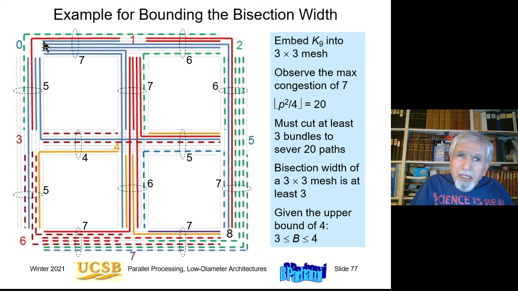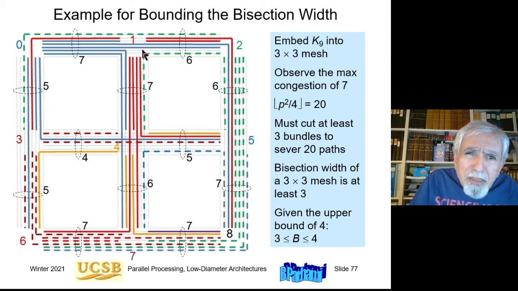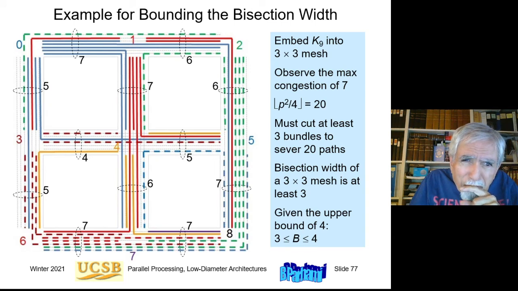So for example, 0 must be connected to 1. That's this embedding over there. 0 must be connected to 2, that's this line a little bit further down. This line connects 0 to 2. 0 must be connected to 3. That's this line. 0 must be connected to 4. Let's see, where is that line? It's over here. 0 is connected to 4 through this line. 0 must be connected to 5. It is this line that connects 0 to 5. 0 to 6, that's this line,